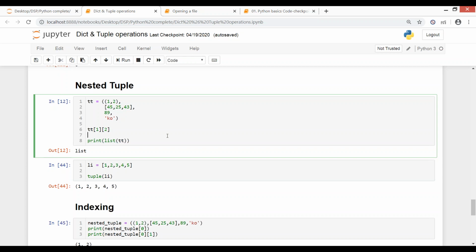Akash, if you have a key-value pair, then will you go for a set or a list? Then automatically you will go for a dictionary. But if you just have simple values, then you can go for a list. And if at some point you don't want duplicacy, then you might go with a set. And at some point you have a list of values which you do not want to alter anyhow. They're so important that you have to keep them as they are. So in that case you might go with a tuple.